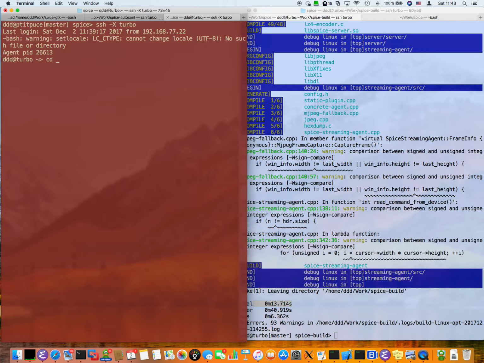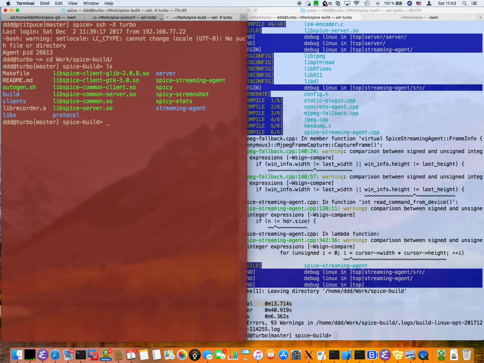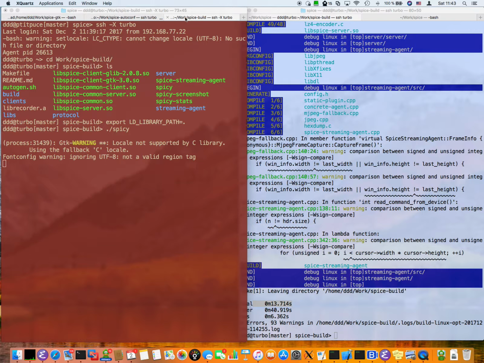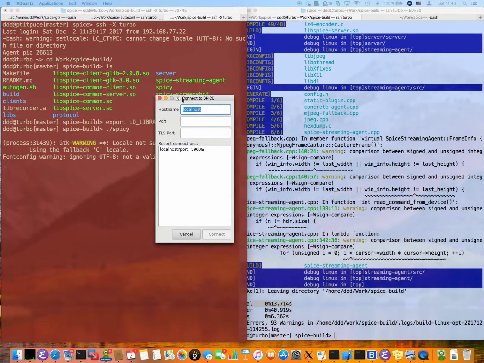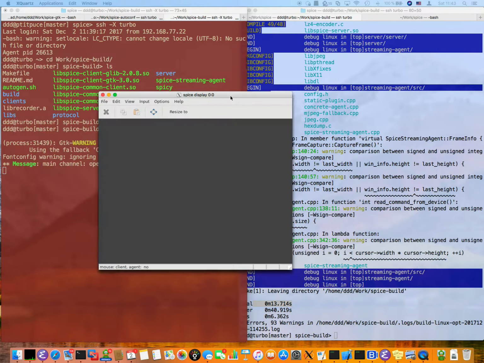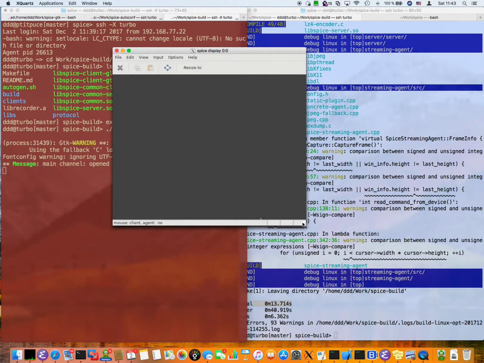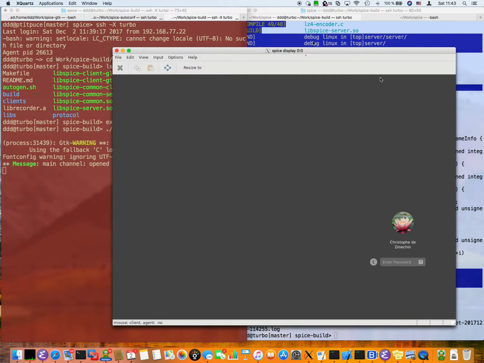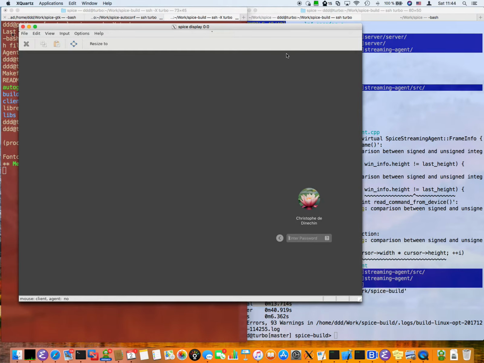So, let's see. So you see the build that I just made here, and I'm going to test them in place. And this is my client here, so now I can connect to a virtual machine. So this happens to be a macOS virtual machine that I'm connecting to.